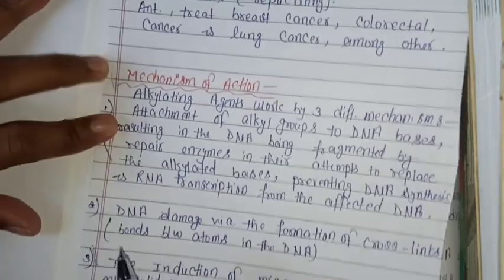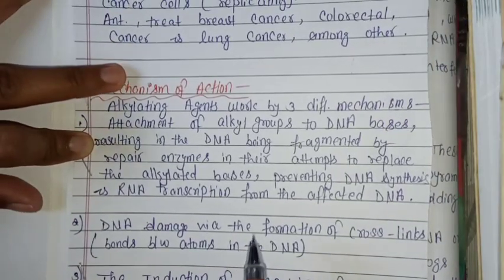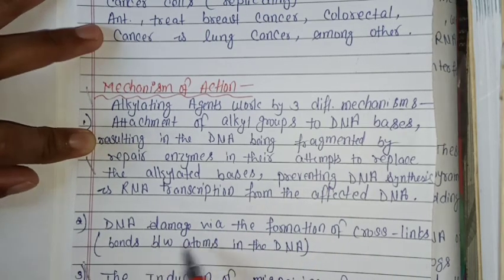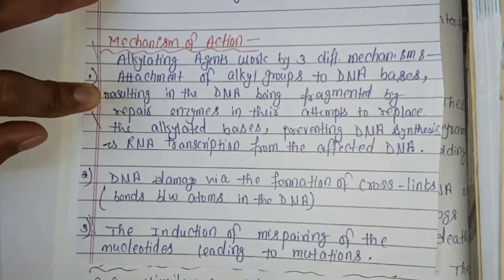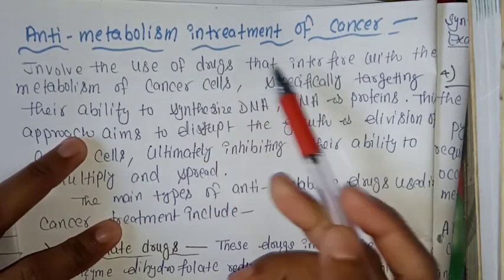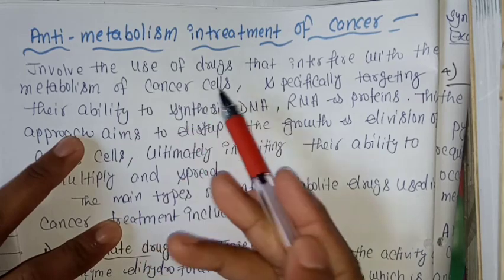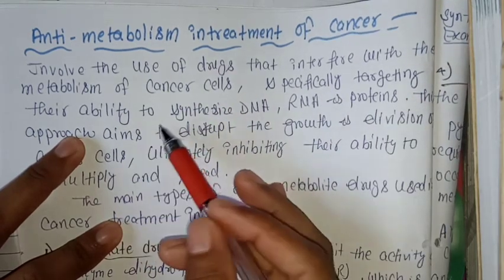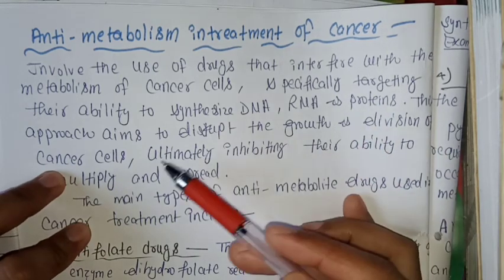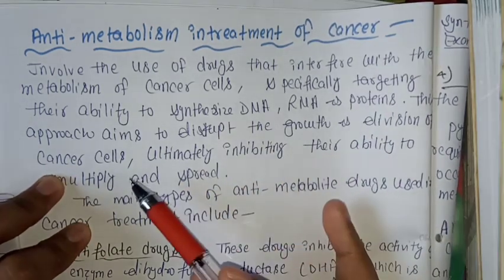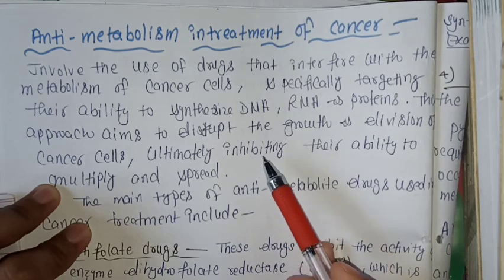So this is the mechanism of action of antimetabolite treatment of cancer, right? It involves the use of drugs that interfere with the metabolism of cancer cells, specifically targeting their ability to synthesize DNA, RNA, protein. This approach aims to disrupt the growth and division of cancer cells, ultimately inhibiting their ability